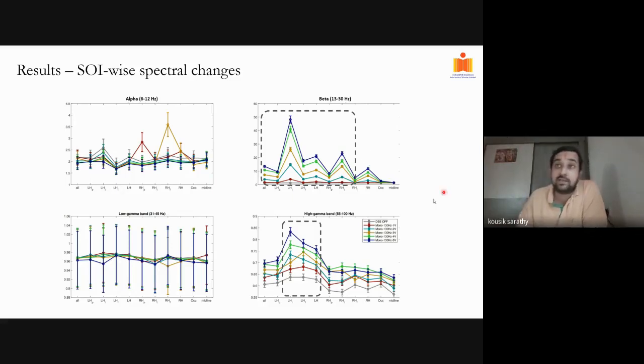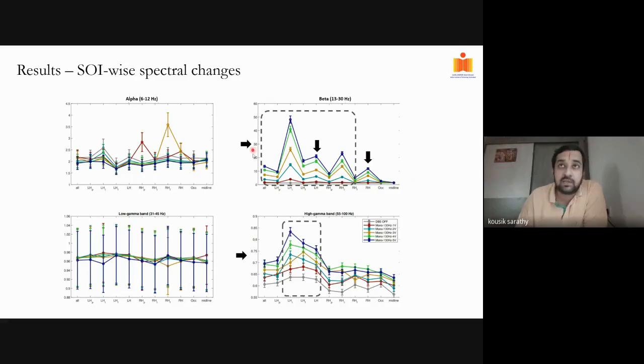And you can also see that there is quite a difference between the artifact on the left versus the right hemisphere, probably because of the wires. So this is another interesting result to note. So these results are interesting because we are now going to use these to build a pipeline. So I'll show you in the next few slides.